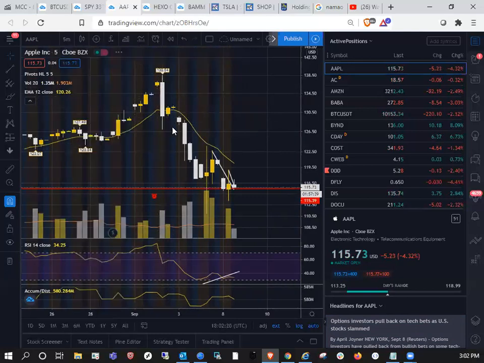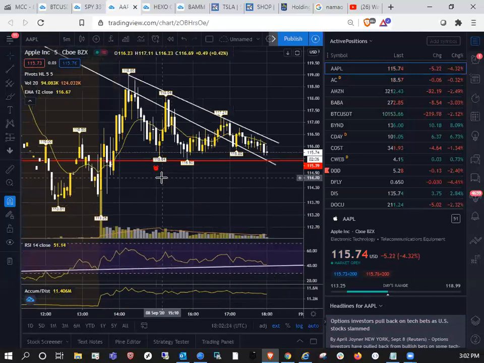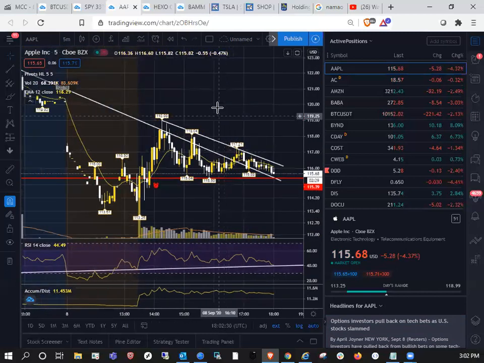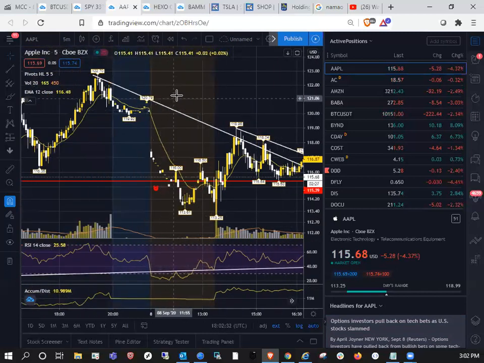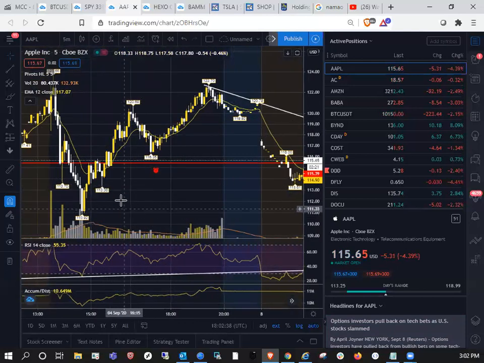So we'll take a look at the flip side and see if we can find a bull flag. A bull flag is just the opposite of that. It's whenever you see some brief consolidation, and I'm not seeing any here on the 5 minute, but you see some brief consolidation from a strong move up and then a break to the upside. So here would be a bull flag right here. You can see we had the move up,